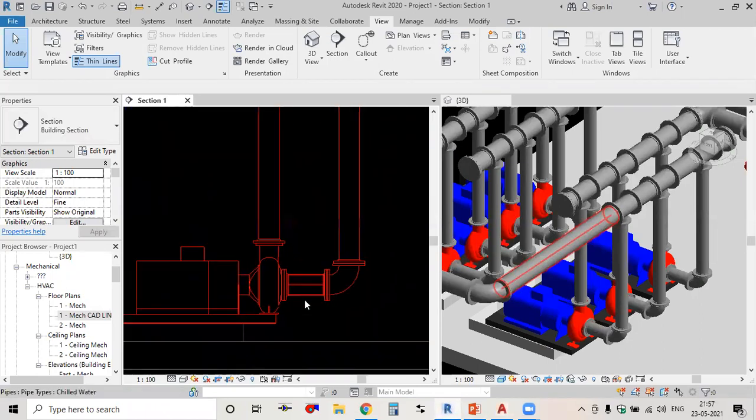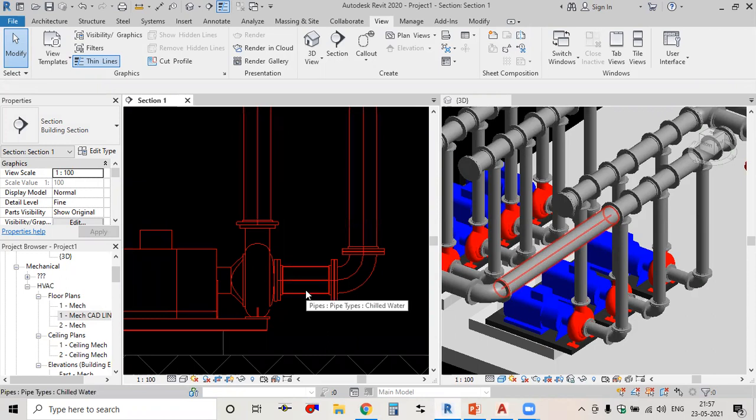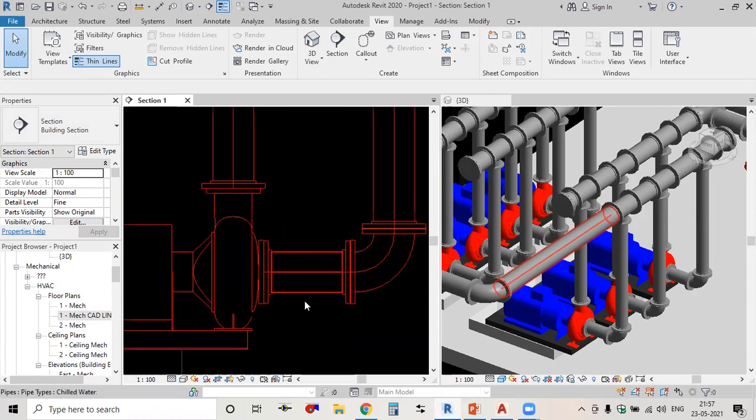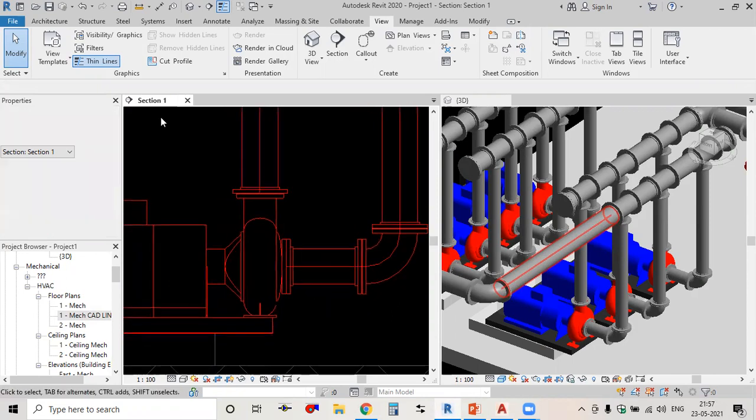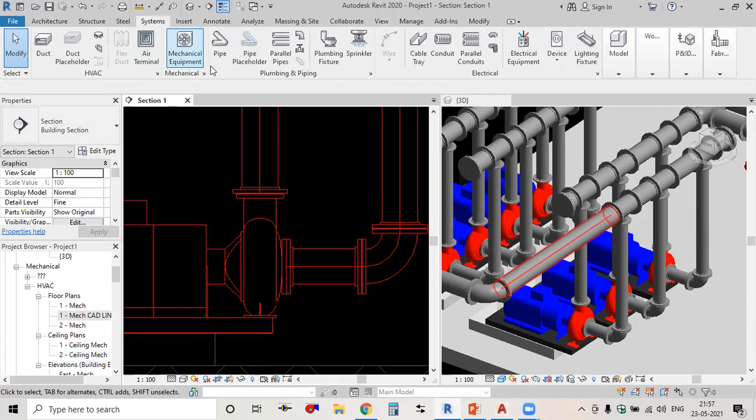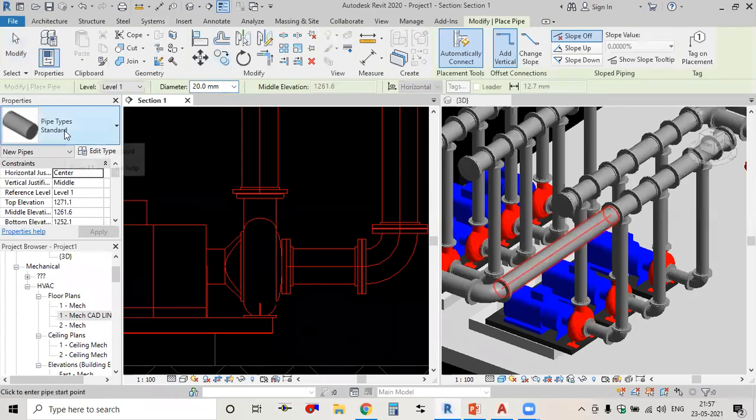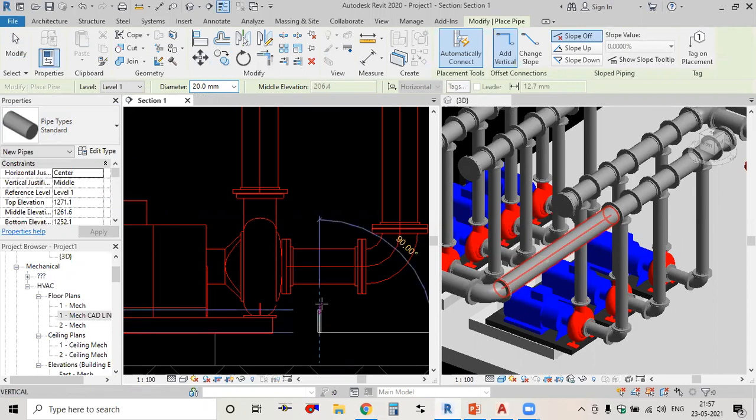So firstly, I'll place the drain valve. Drain valve is just like a valve, which is placed on the small pipe, which is of 20 mm. So I'll go to the system tab and select this pipe and select the type as standard, and the dia is 20 mm, and you can draw a pipe here.